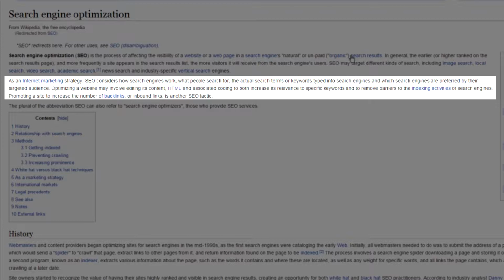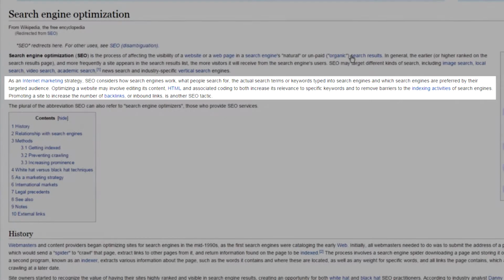Optimizing a website may involve editing its content, HTML, and associated coding to both increase its relevance to specific keywords and to remove barriers to the indexing activities of search engines. Promoting a site to increase the number of backlinks or inbound links is another SEO tactic.